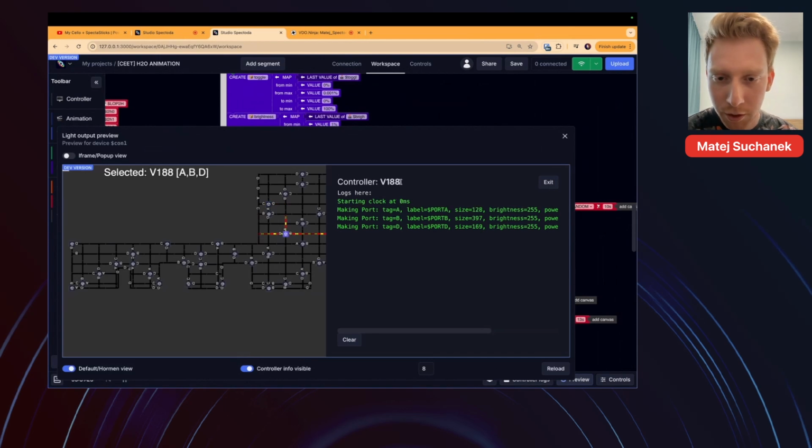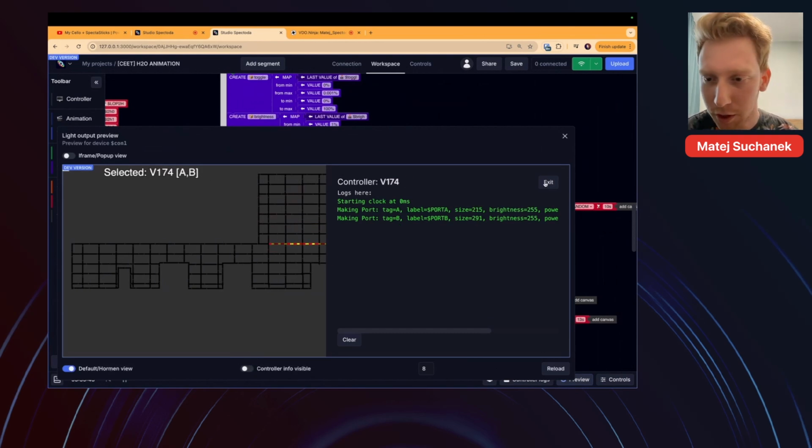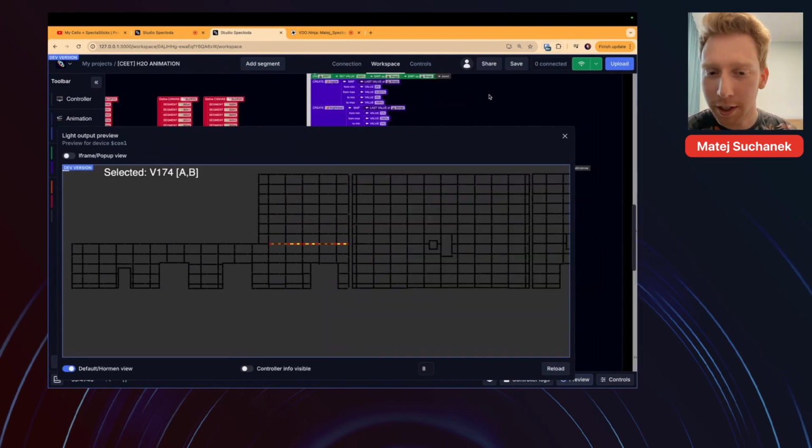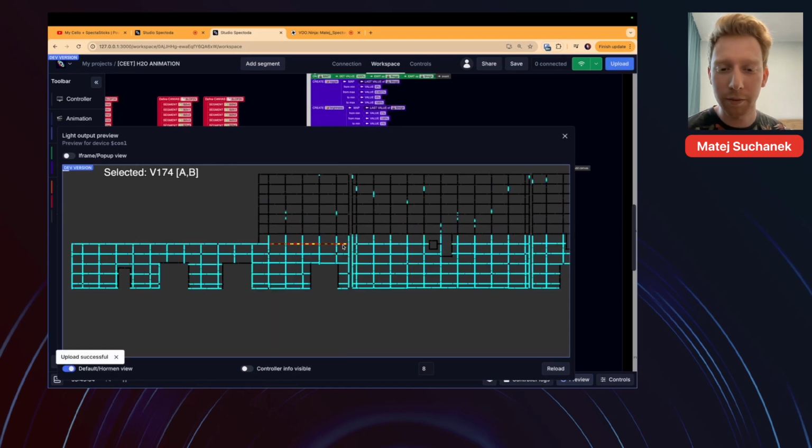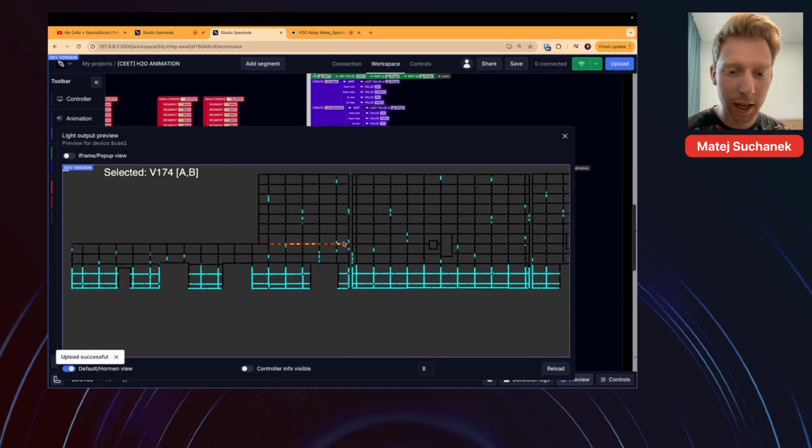So here is controller V1188, and many controllers. With these many controllers, I have this big project. And if I hit upload, then the project is compiled and sent to this simulated installation, and then